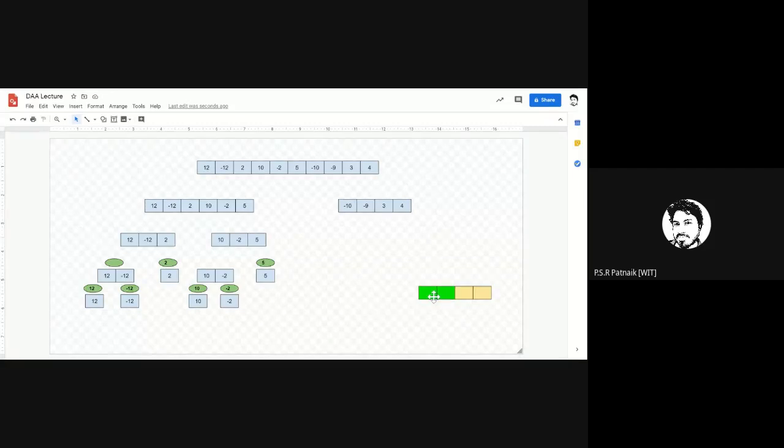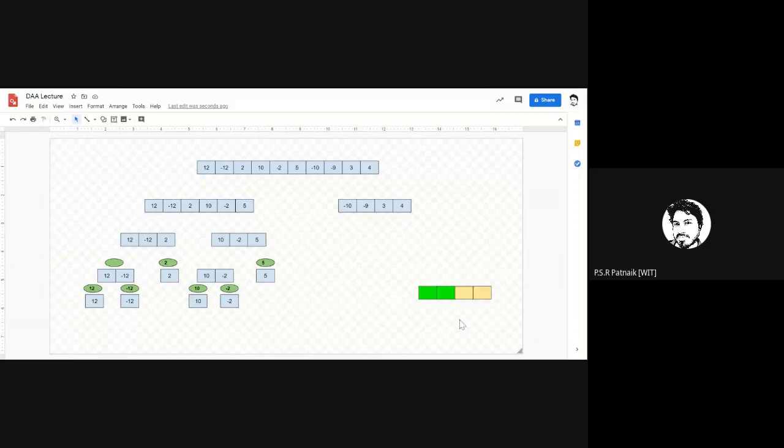So your entire new subarray could be just left, it could be just right, or it could be anywhere in the middle as well. For example, this two. It could be even in the middle as well. Or it could be entire left plus 3 from right, or entire right plus some part of left array as well. So I know the half of this. I know what will be at the half of that. I know what is at the right half of that.